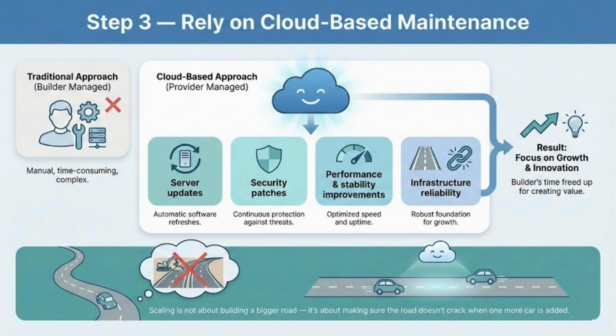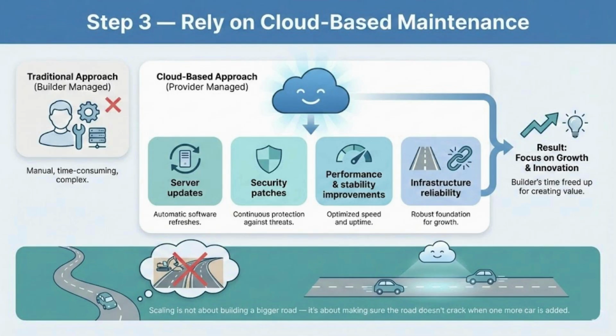A helpful way to think about this is through an analogy. Scaling isn't about building a massive highway from day one. It's about making sure the road doesn't crack when one or more vehicles are added. Cloud-based maintenance supports this idea by keeping the system healthy as it grows, rather than forcing the builder to manage